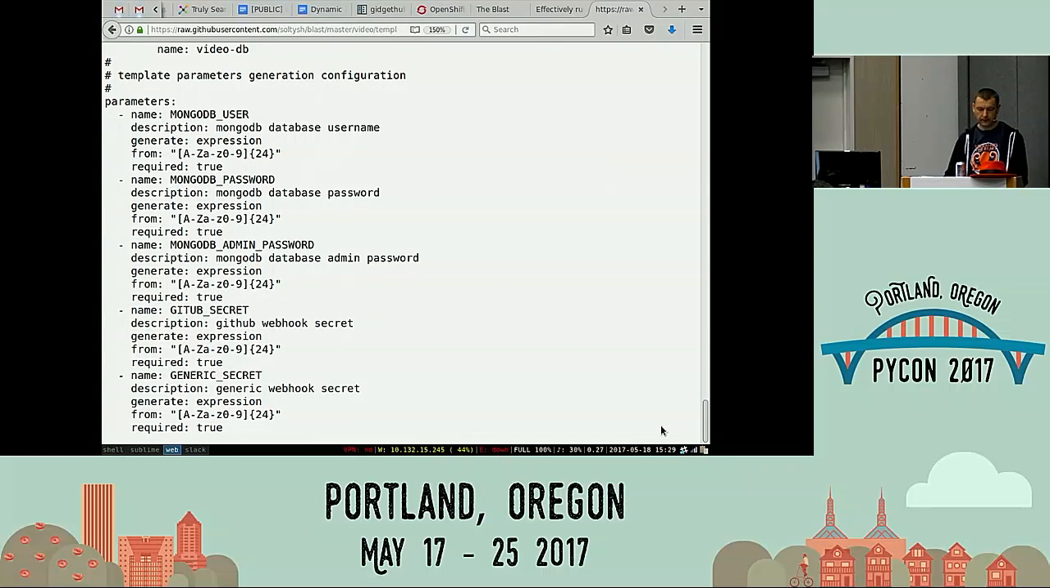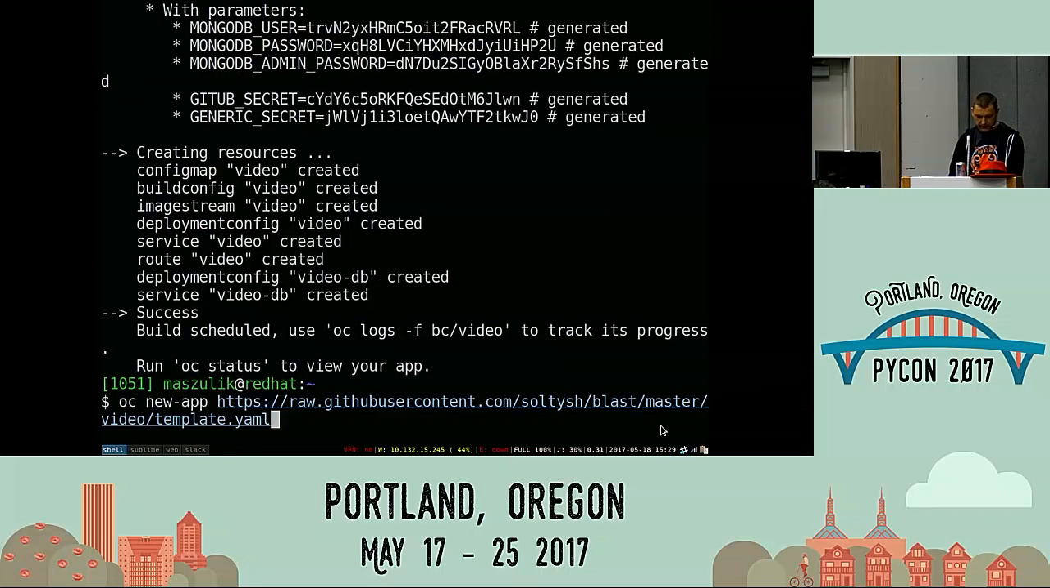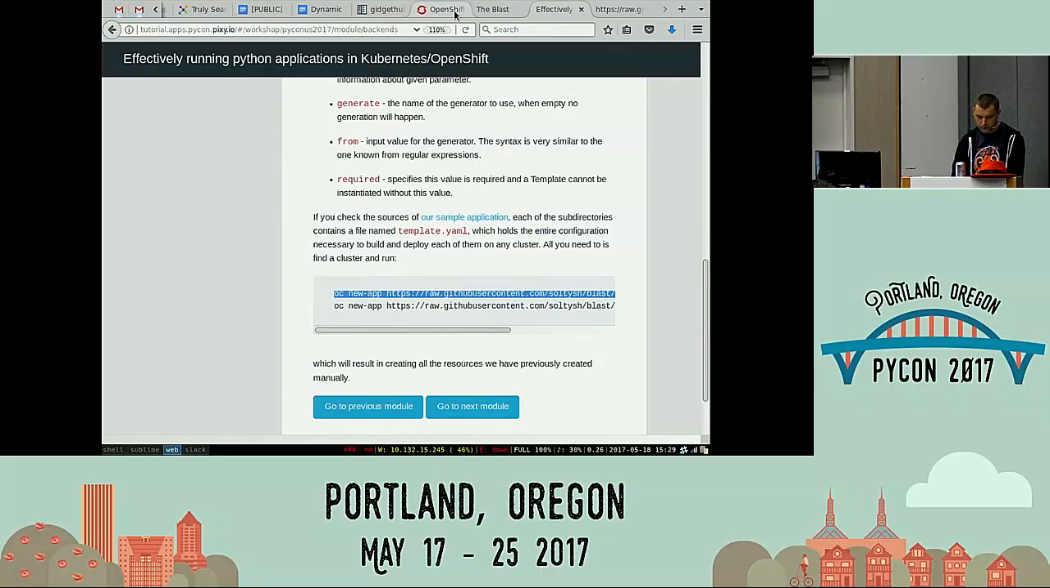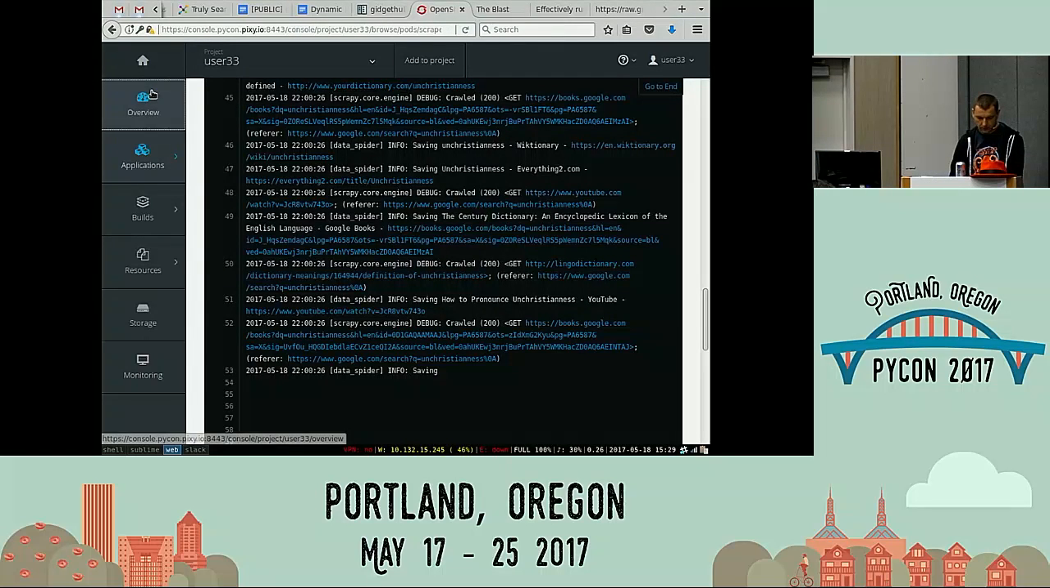We are generating the MongoDB user, password, admin password, GitHub secret, and generic secrets. Like, these are the parameters that we saw were generated. So in a similar fashion, we can easily deploy the image backend. Now, if we go back to our overview page,